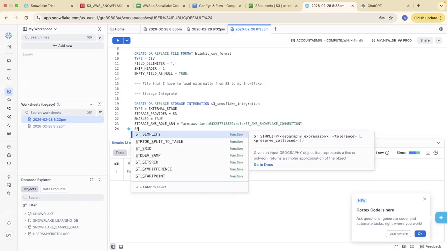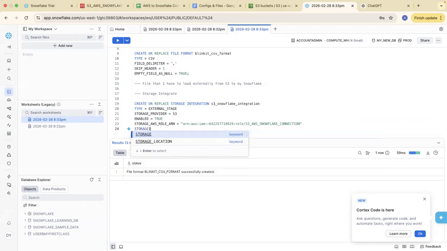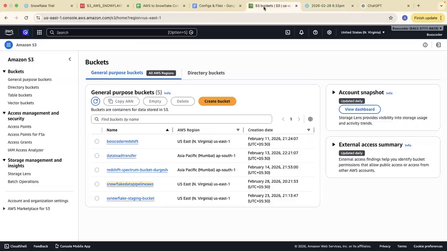Finally, I have to give the storage allowed locations. In the storage allowed locations, I will give the S3 bucket that I have. My S3 bucket is Snowflake Data Pipeline AWS.